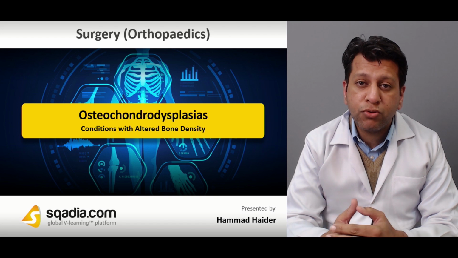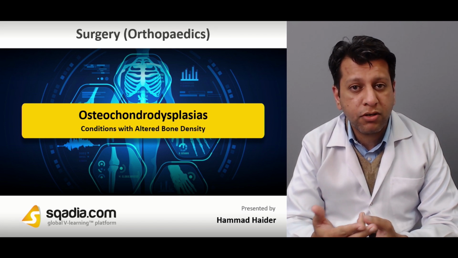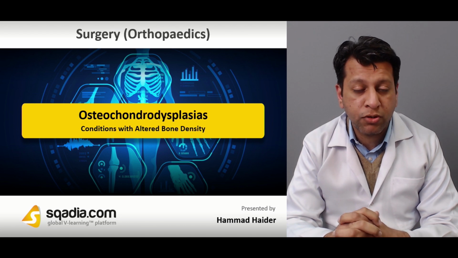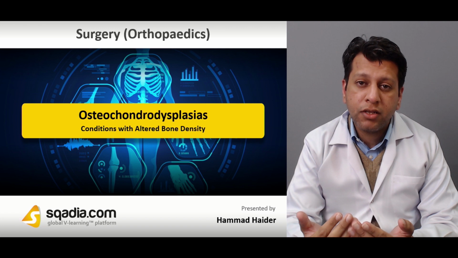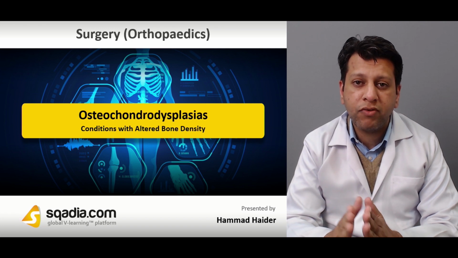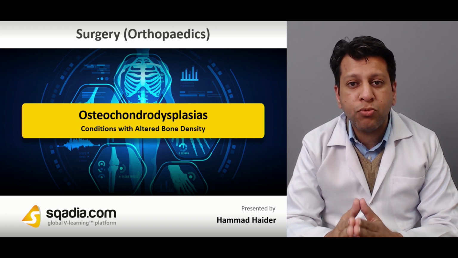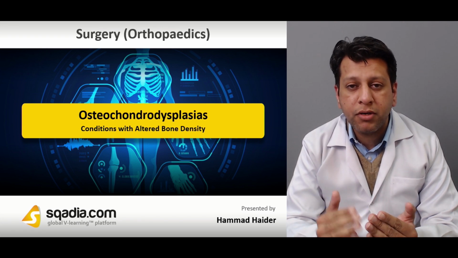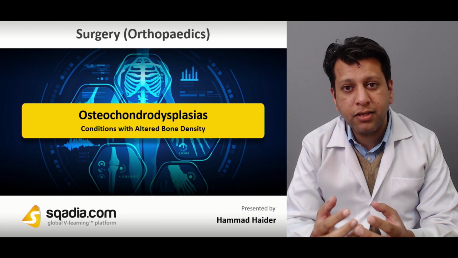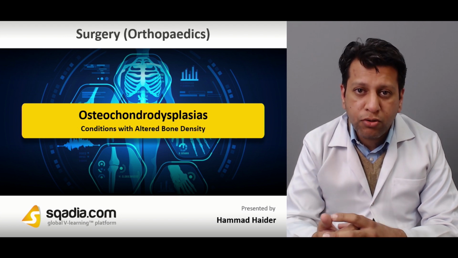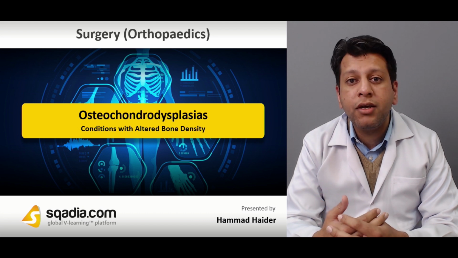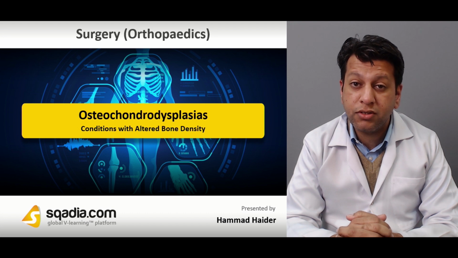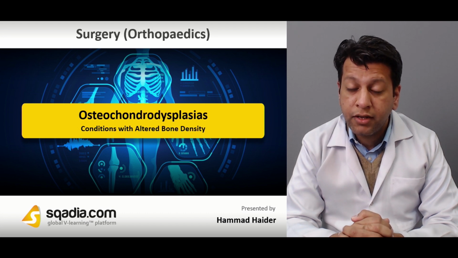Then we also went on to those diseases which are not specific to a certain region, but actually affecting the whole of the bone. Now we are moving to another group of diseases which are not specific to region as well, but mostly the bone is normal in terms of development, but the problem is the bone density, that either the bones are too brittle or too strong. We will be going through two diseases called osteogenesis imperfecta and